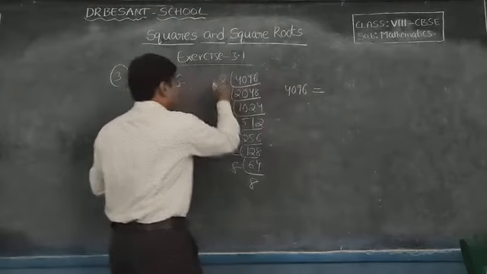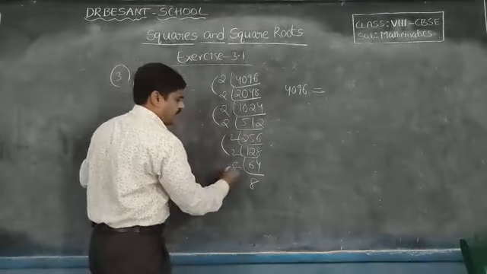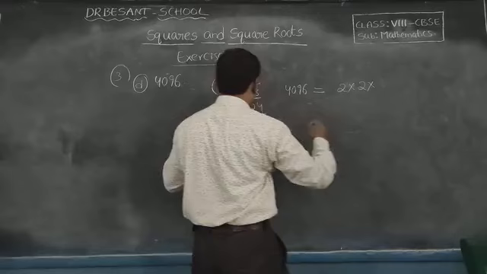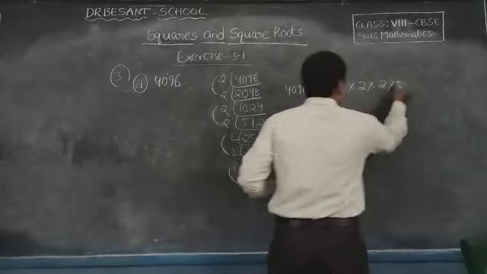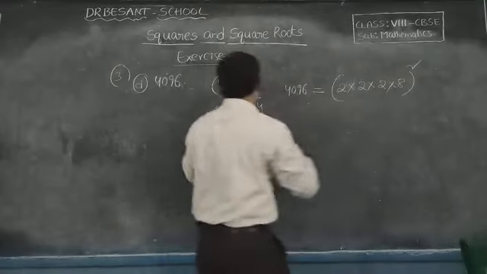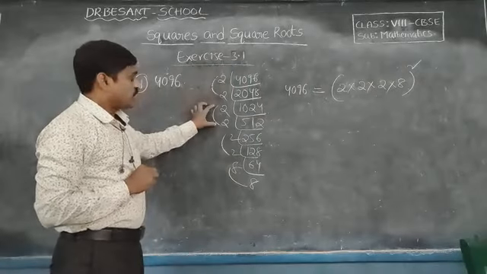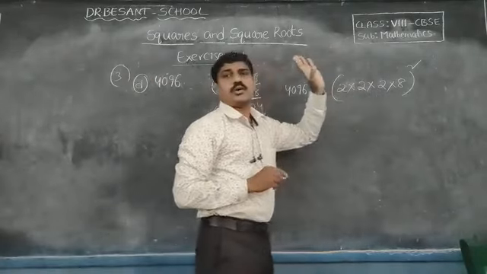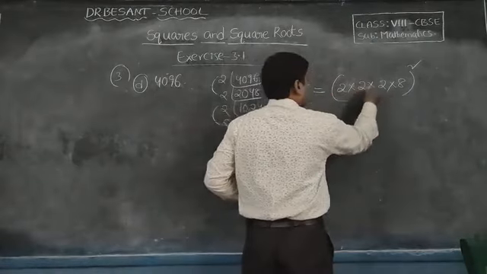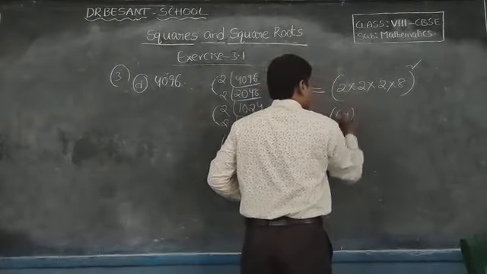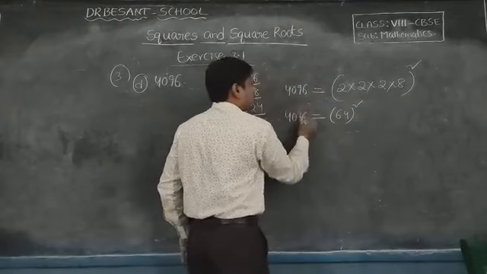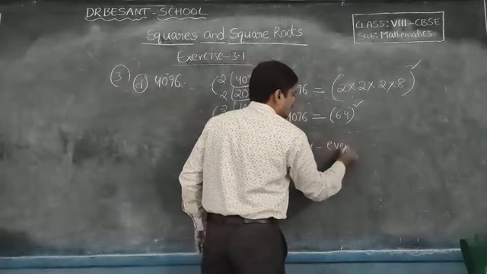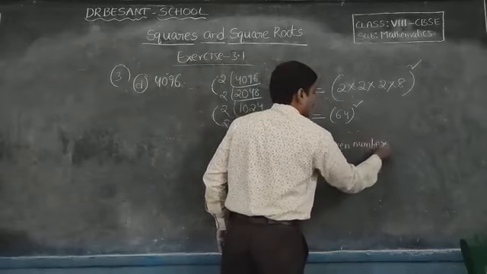So 4096 is equal to, this is one pair, this is one pair, this is one pair, this is one pair. So taking one 2 from each pair, 2 into 2 into 2 into 8 whole square, because they are pairs. So 2 2s are 4, 4 2s are 8, 8 8s are 64 whole square. So 4096 is equal to 64 into 64. So is 64 an even number or an odd number? This is an even number.